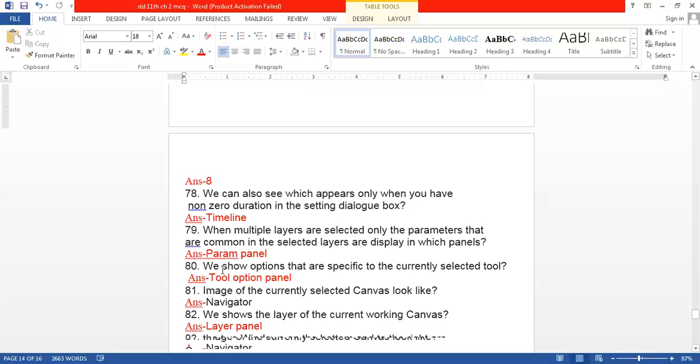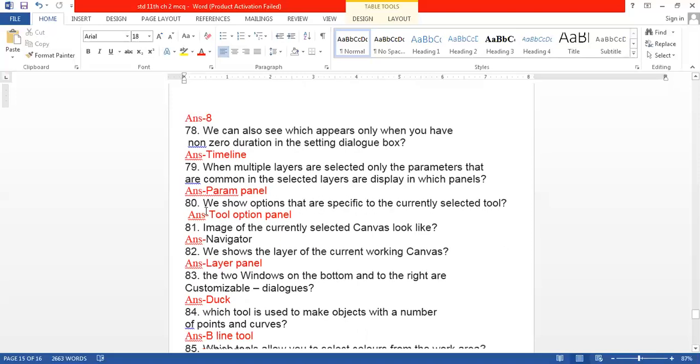Answer is the timeline. Number 79, when multiple layers are selected, only the parameters that are common in the selected layers are displayed in which panel? It is called the params panel. Number 80, which shows options that are specific to the currently selected tool? Answer is the tool options panel.